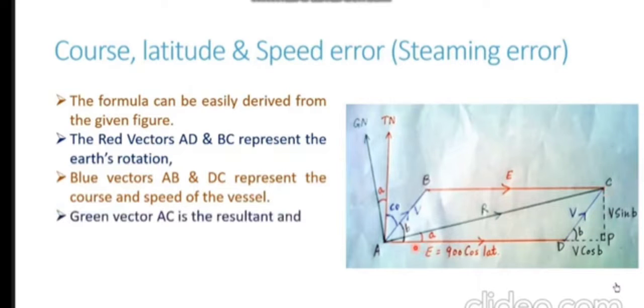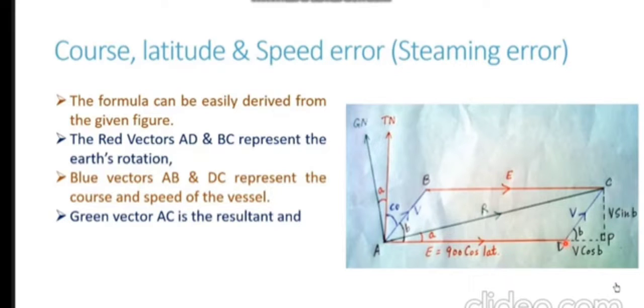And if you see now, we have made this parallelogram using the Earth's motion vector alpha delta and the ship's motion vector, that is alpha to Bravo. We have made a parallelogram A to B, B to C, and C to D. Now, whenever two vectors are added up, their resultant can be easily found by making a parallelogram and finding the